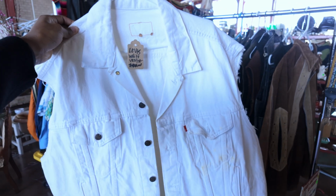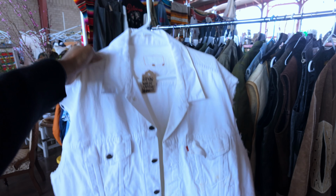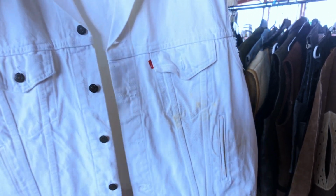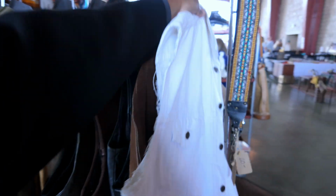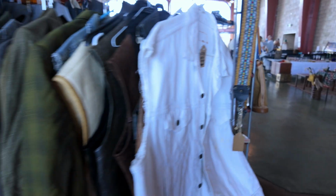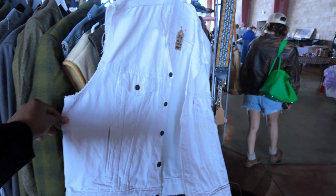This is a really dope top, 40 bucks, vintage Levi white vest. It's got a little bit of wear and tear on it. Sleeves are cut off. Let me give you guys some advice. You can put this together with some nice blue jeans, some cowboy or cowgirl pants, and make a really dope